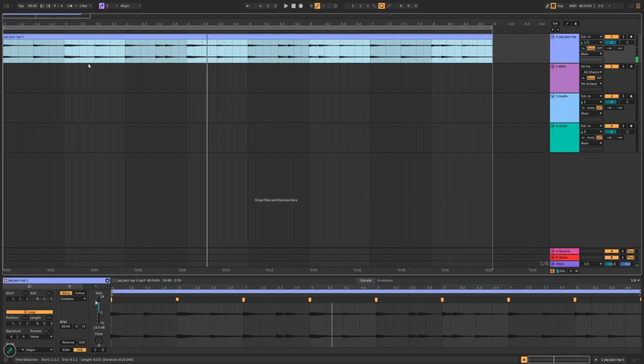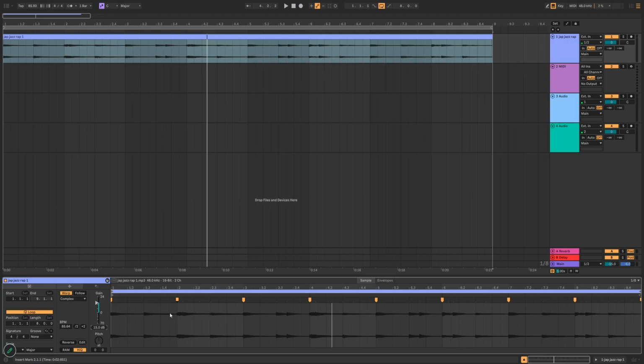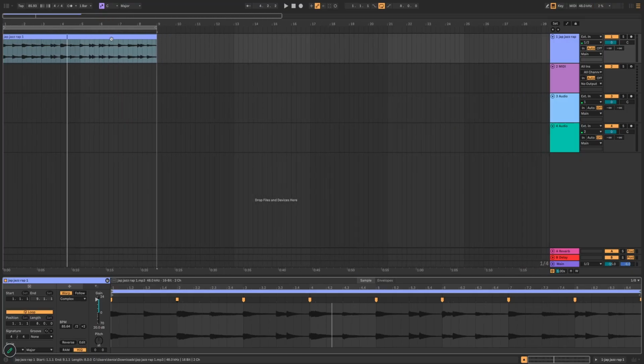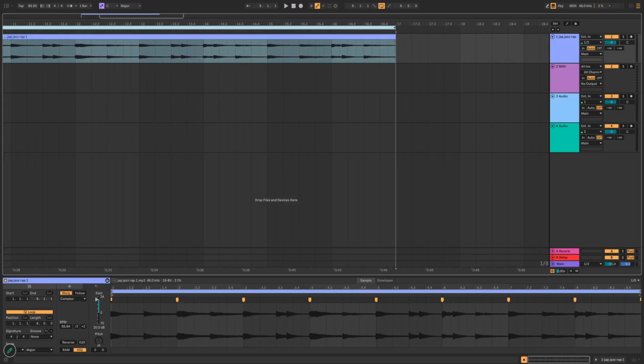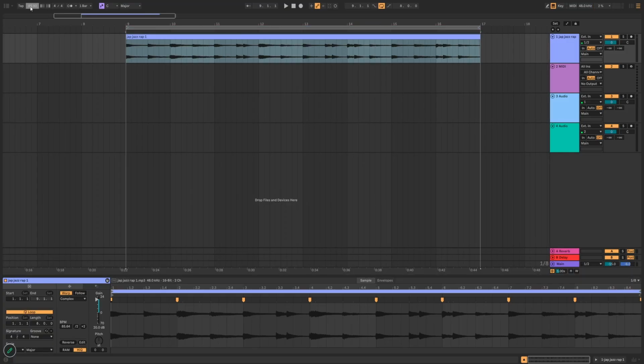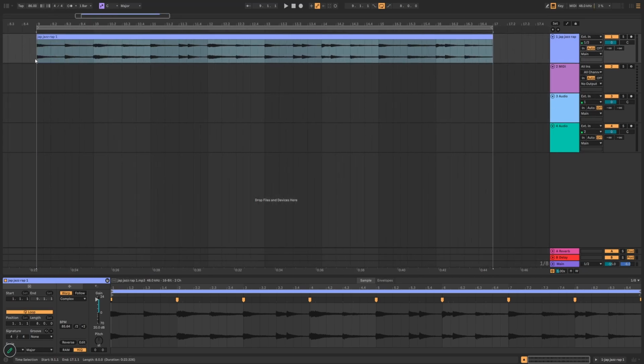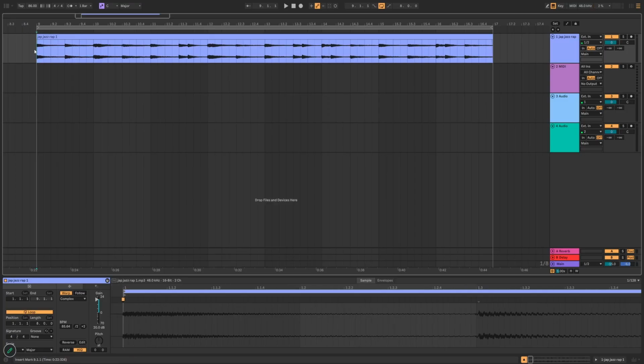Personally, I wouldn't really go with those small chops. Let's try figuring out the progression here and maybe cleaning it up a little bit more. Right now, I don't like the fact that the progression is switching every half a bar, because your BPM is like 85, 86. I think it was 86. Yeah, 86. So it's legit half a bar, and the progression is switching every half a bar.